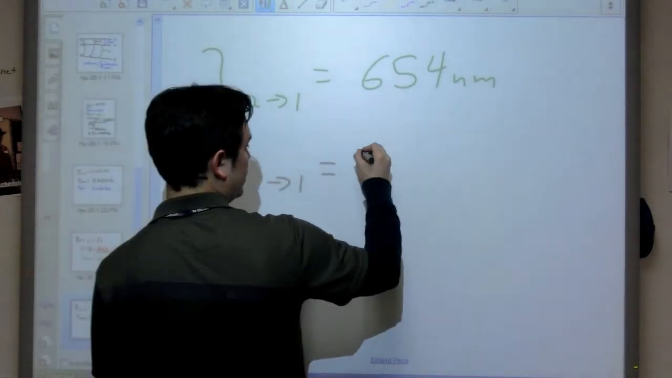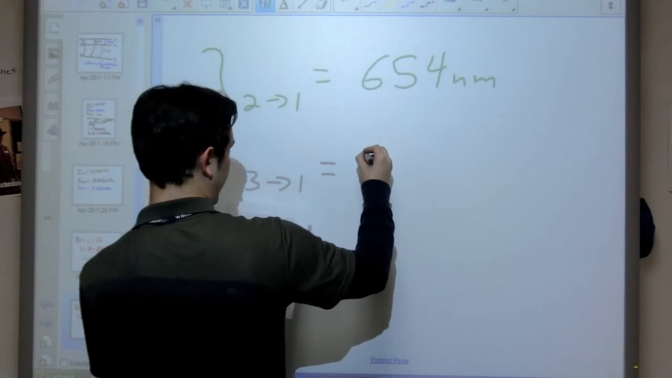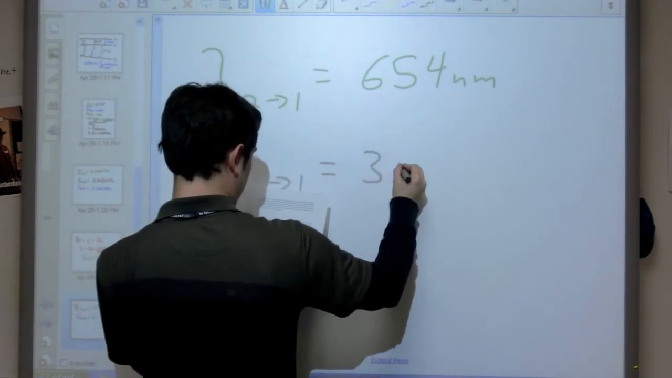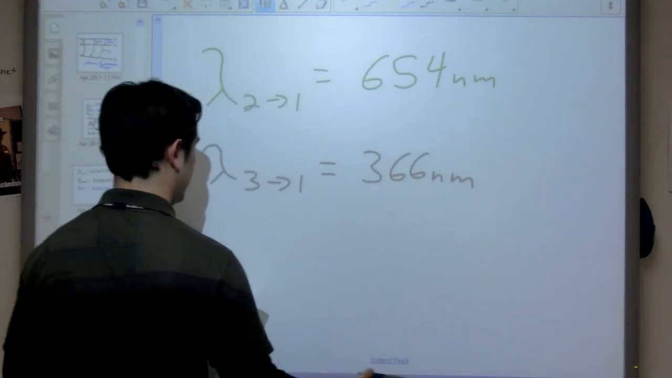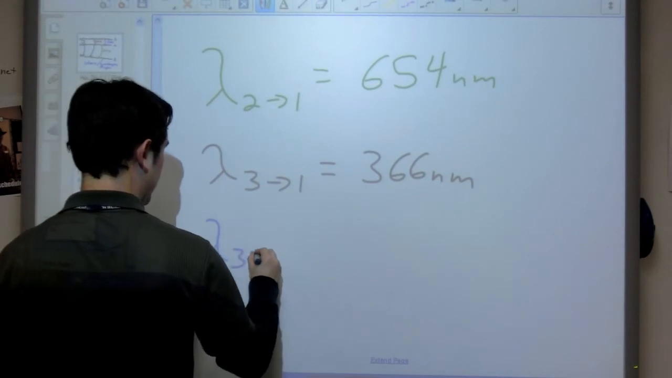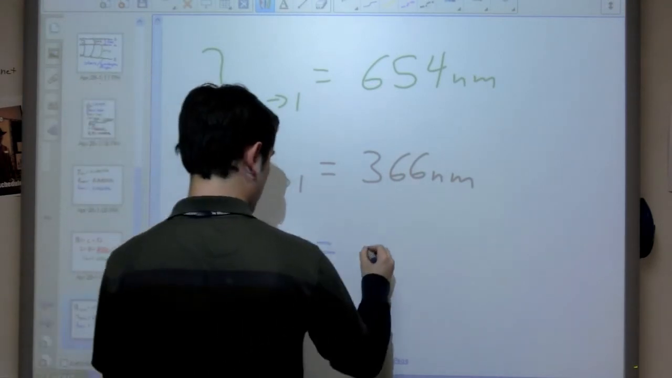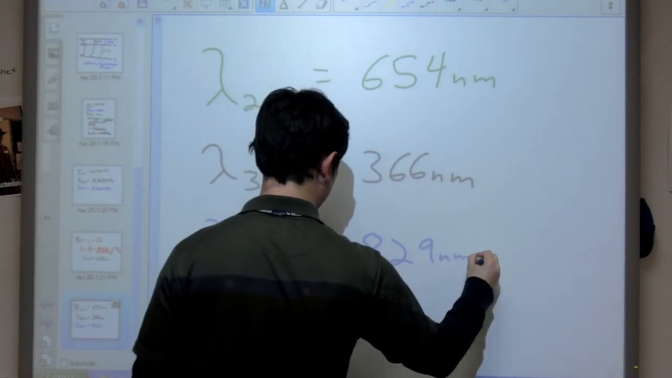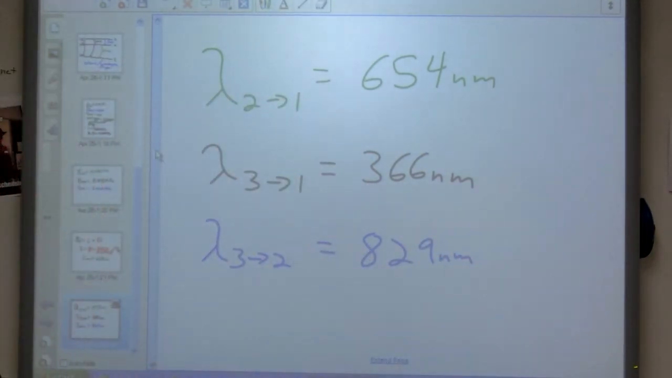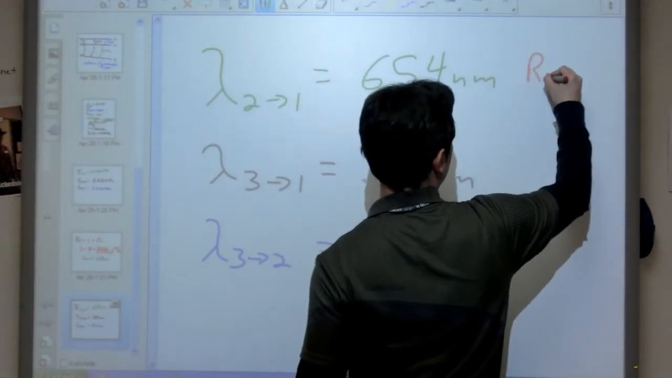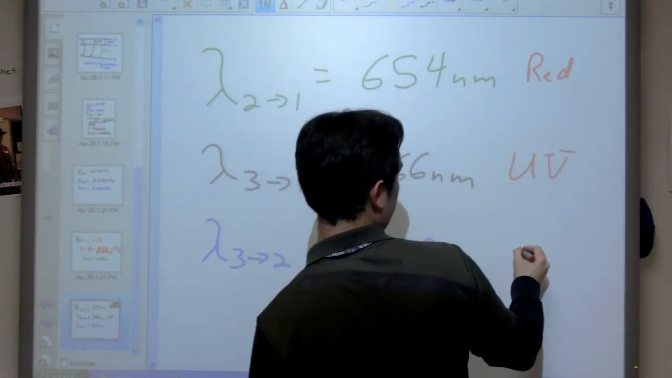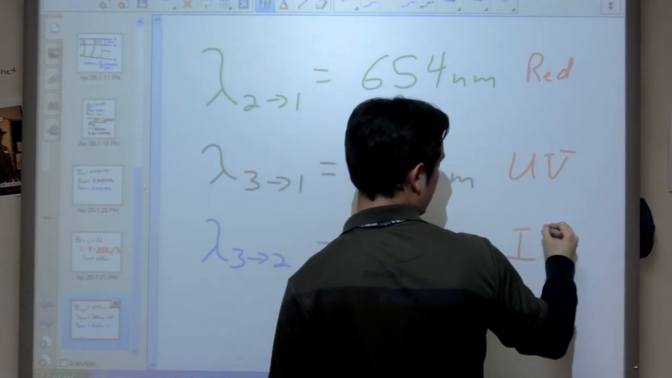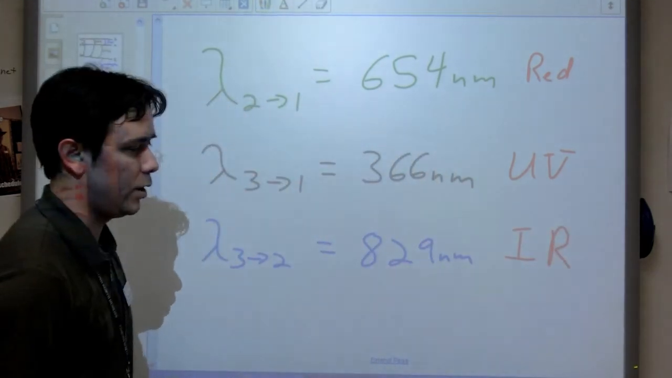3 to 1. So that big energy drop from 3.4 electron volts, we end up with 366 nanometers. And then finally, the wavelength for 3 to 2 comes up to 829 nanometers. And I ask you where in the spectrum it falls. This guy is going to be red, this one is going to be UV, ultraviolet, and this one is going to be infrared. And now I need to stop this because I have